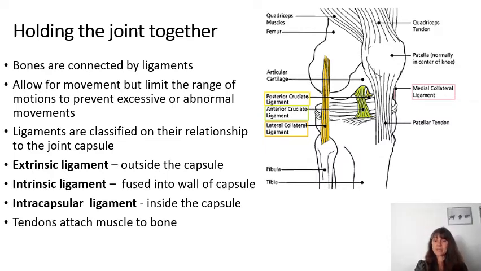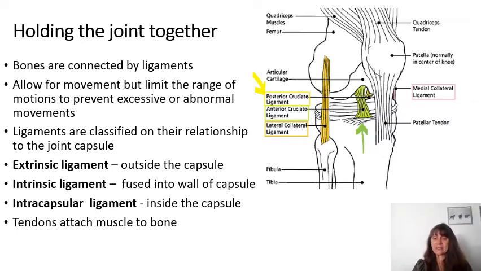Now, in this picture, we see an intracapsular ligament. Actually, there are two in the knee. We have the anterior and the posterior cruciate ligaments. We see